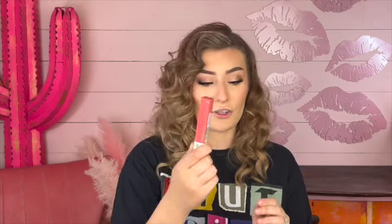But my favorite shade is Self-Starter. It's a beautiful coral mauve shade. More on the neutral side than pink, I think. Maybe not. I don't even know what to call it, honestly. But I'll just take it all around my lips. Okay, I'm really messy with lips, okay? I do that. I'll take my ring finger and I will blend it out. I like the look of a blotted lip. I don't know why,